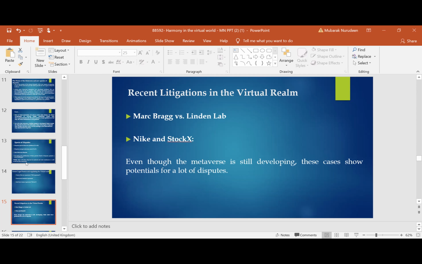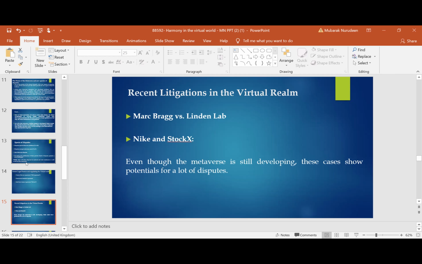But in all of this, it is not really about the fact that we have these disputes, but the fact that we are already having disputes ensue within the metaverse space, showing potential for a lot of disputes. And this would put into question the sufficiency of our extant legal framework that we currently have at the moment. How far can this traditional court system provide remedy or succor to a person whose right has been violated within